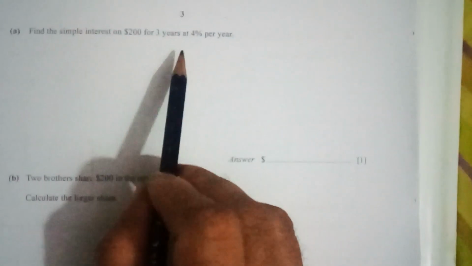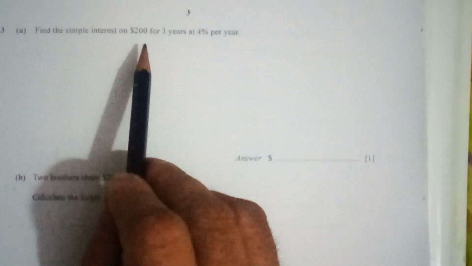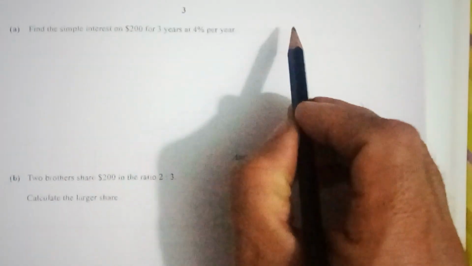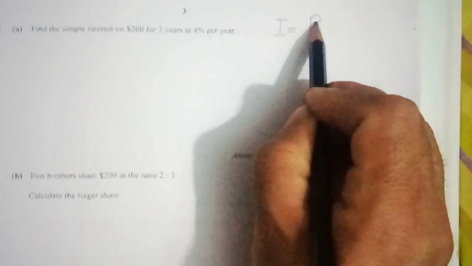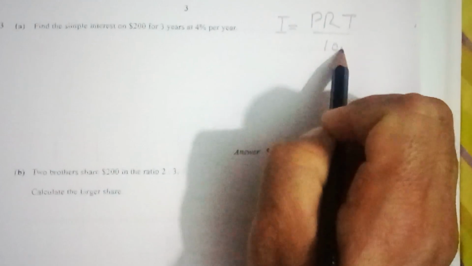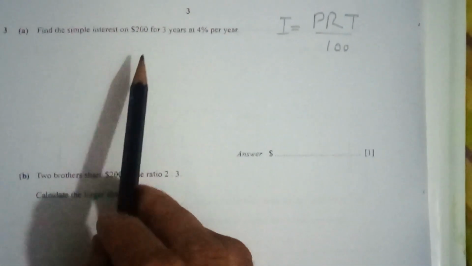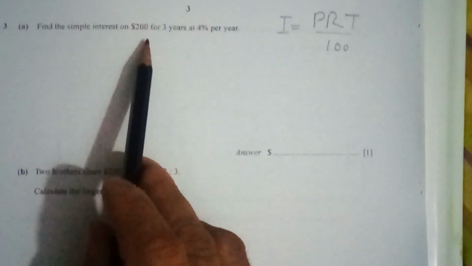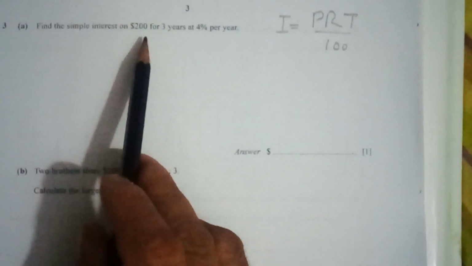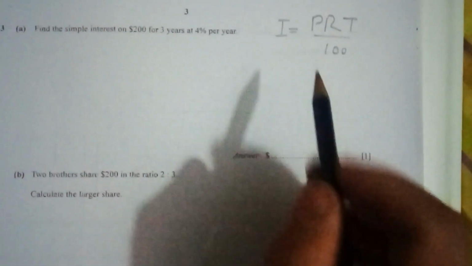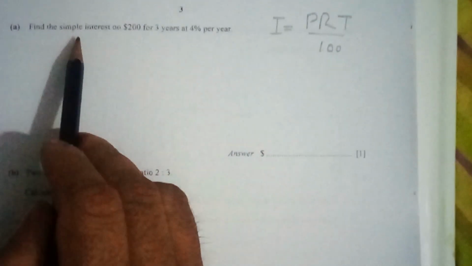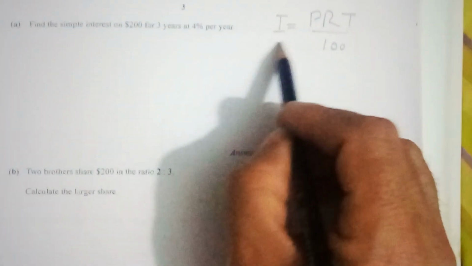Okay, so there are two ways to solve this question. Either you should use the formula. The formula is I is equal to PRT over 100, or you can also use a simple percentage method. So let me explain both ways. We have to find the simple interest. This I is simple interest,